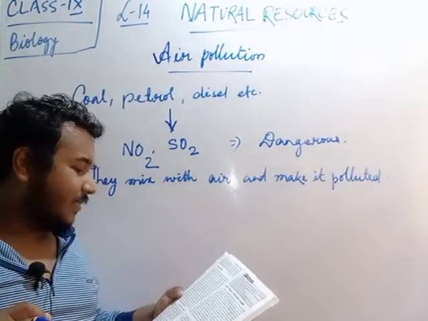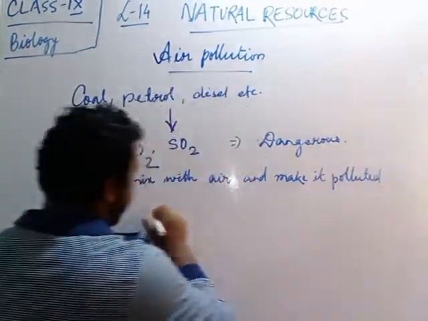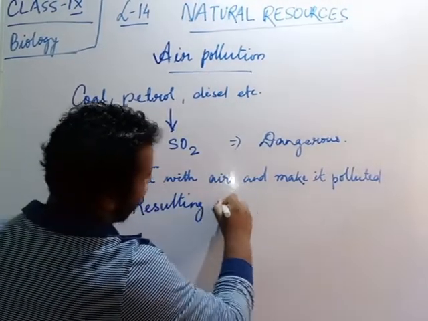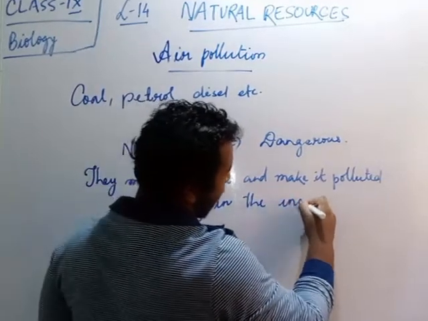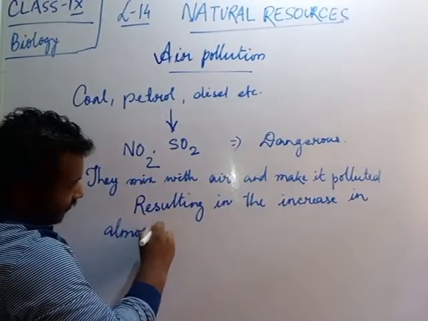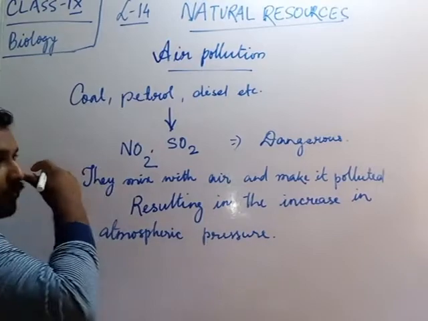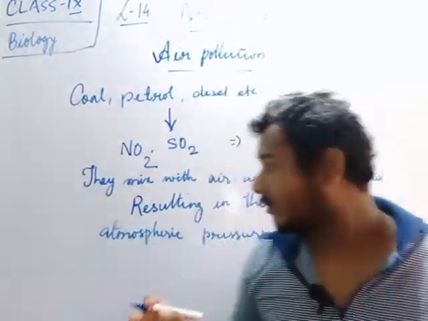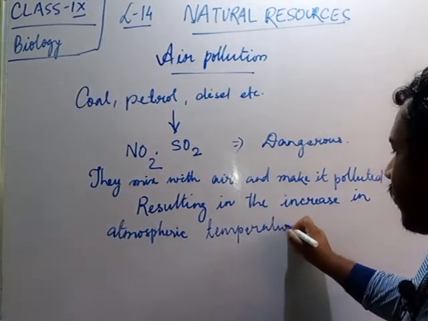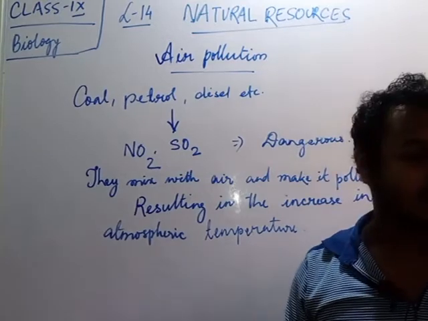If more air pollution is there, then our atmospheric temperature will increase. What will happen if the atmospheric temperature increases? Sorry, not pressure, temperature. If the atmospheric temperature increases, then gradually our earth will get hotter and hotter, resulting in the death of